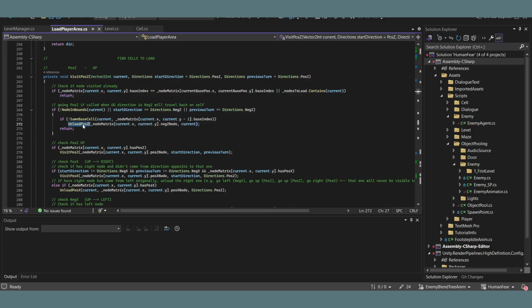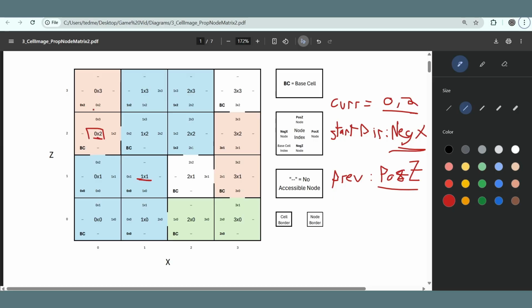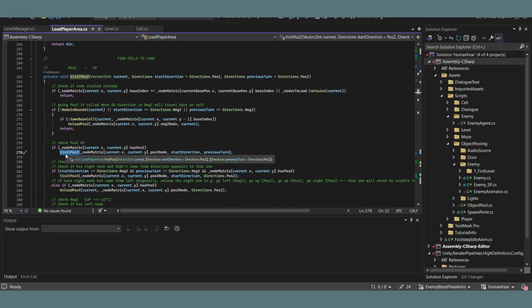I'll explain the unload functions shortly, but here just assuming that everything went fine, so it wasn't too far away from the player, and at no point has the direction been negative z, we would firstly check if the node that we're currently at, so in this case 0x2, if that node has a positive z again, which in this case it does, it has 0x3. So because it has this positive z node, we call the exact same function visit positive z, but instead of